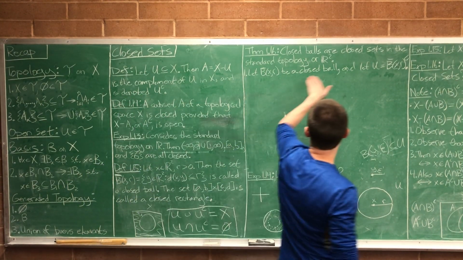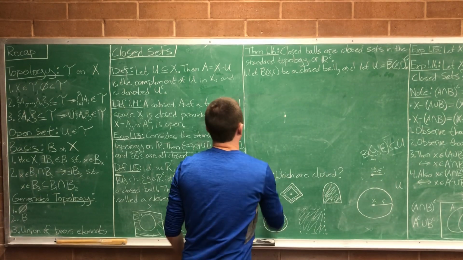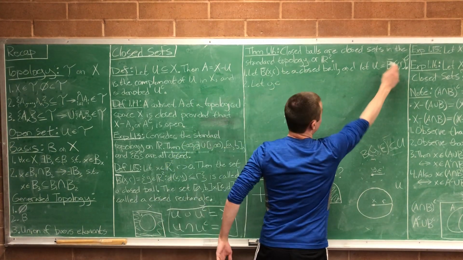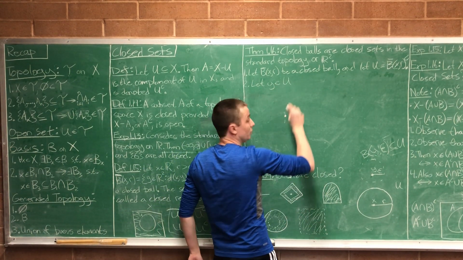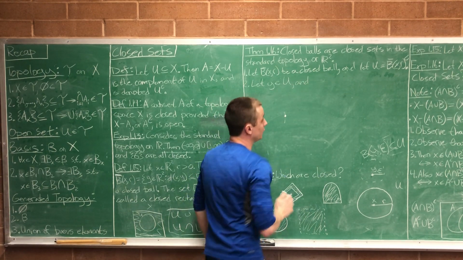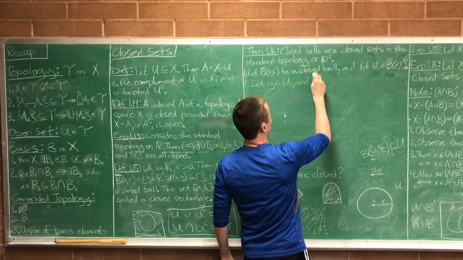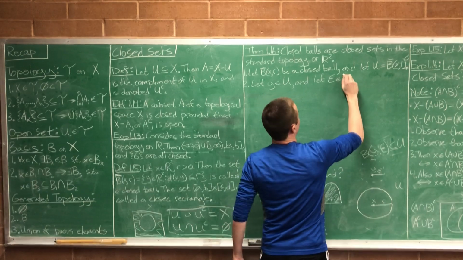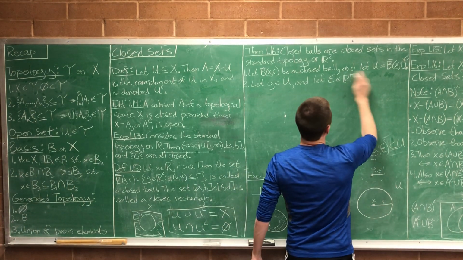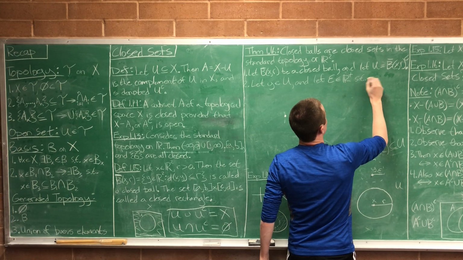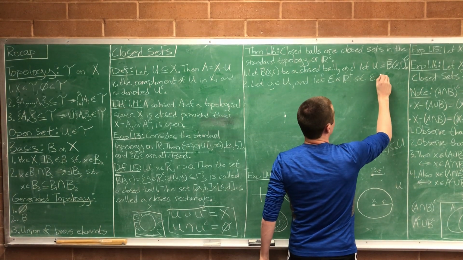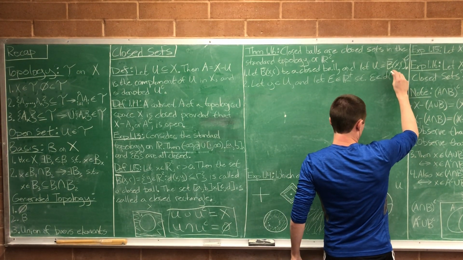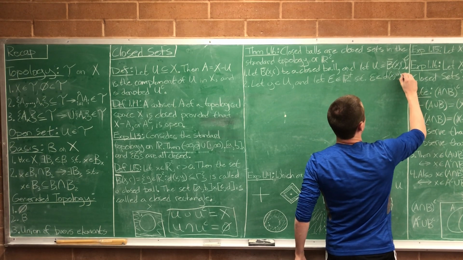So let this be a closed ball and let U be its complement. We need to grab some random point in here, let y be in U, and now we need to construct an open ball around it. So I need to come up with an epsilon for that y. We want epsilon to be a positive number because it's going to be a radius. Let epsilon be a positive number such that, what do I want epsilon to be? I want it to be less than the distance from x to y minus r.